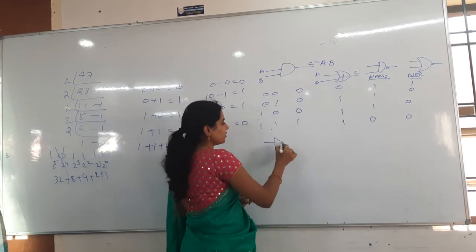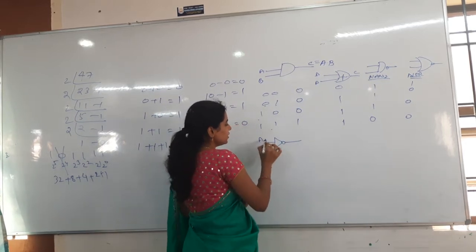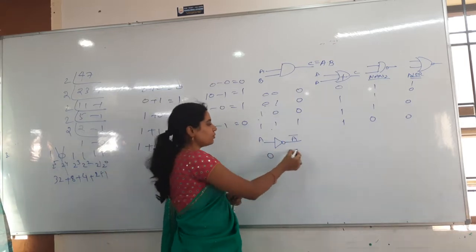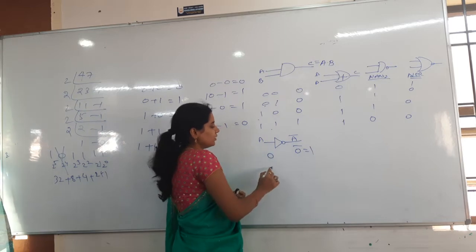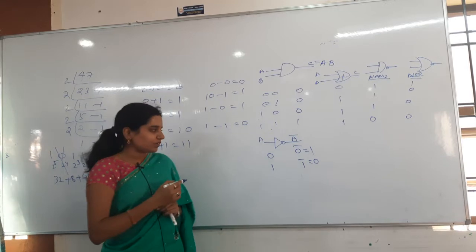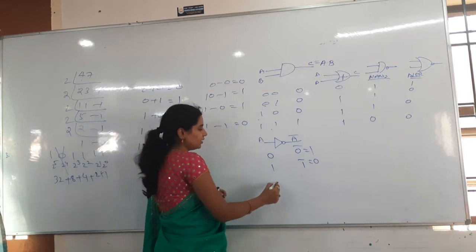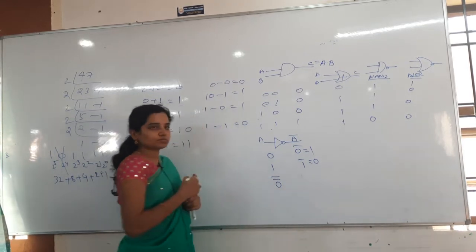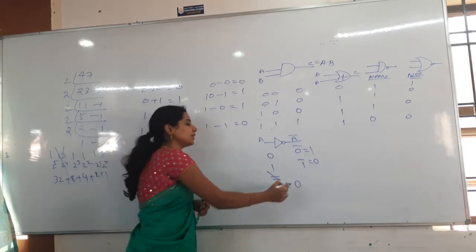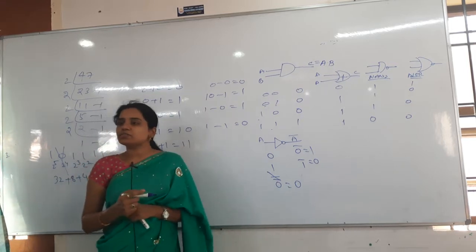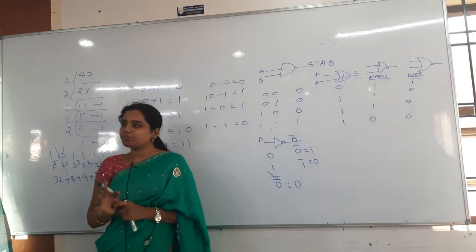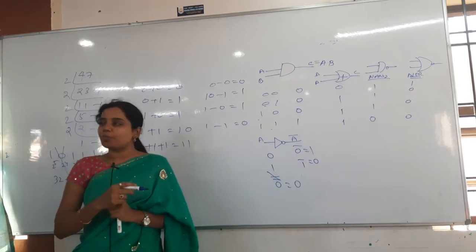And after that we have seen the NOT gate also. In the NOT gate, if A is there, what will the output be? A bar. So if I give 0, output will be how much? 0 bar is 1. If I give 1, then output is 1 bar, which is 0. Now my question is, if I say 0 double bar, how much is it? 0 only. Bar gets cancelled always. 1 double bar is 1 only. A double bar is A. B double bar is B. So this is what you will get, the complementary symbols.